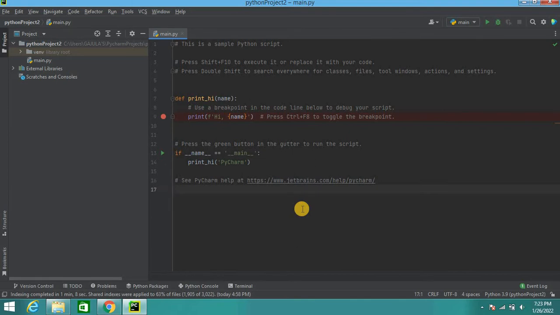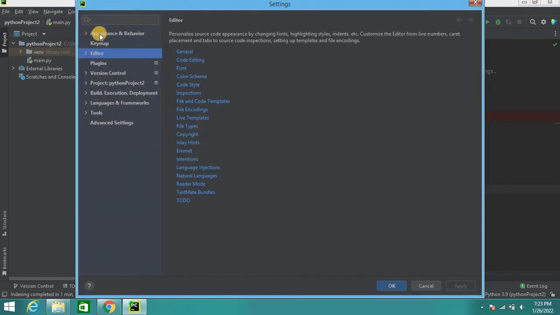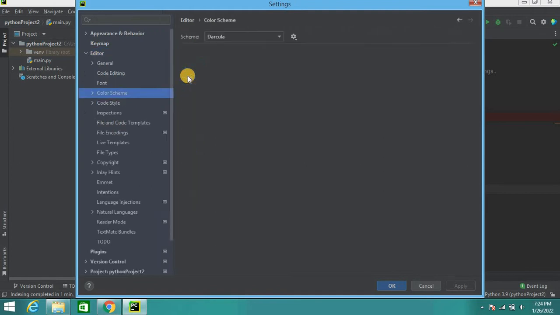So for that we need to press Ctrl Alt plus S for settings, and in these settings you will be able to see an option called Editor. Under this Editor we will be having Color Scheme. Here click on Color Scheme so that you will be guided to schemes. Under this, by default it will be coming with Dracula. The background screen will be black for this, and in this you need to select Classic Light,